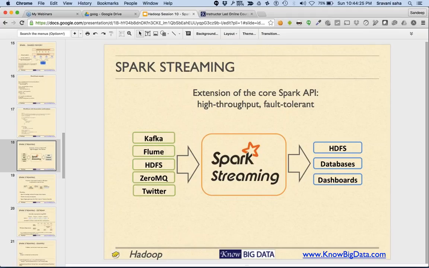Streaming means showing movies, like Netflix and YouTube. Streaming also means passing data through a function, such as in Unix commands where we use filters and stream data. For example, we have a tool in Unix called sed, which means stream editor. So that's also streaming, as in passing data through a program. But here we are going to talk about stream processing. What does it mean by stream processing?